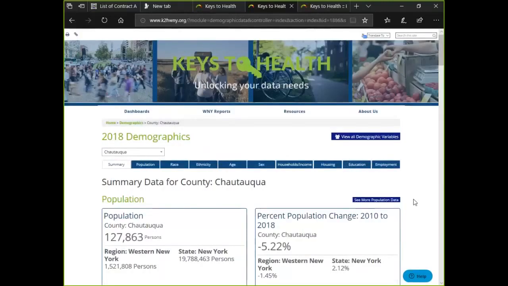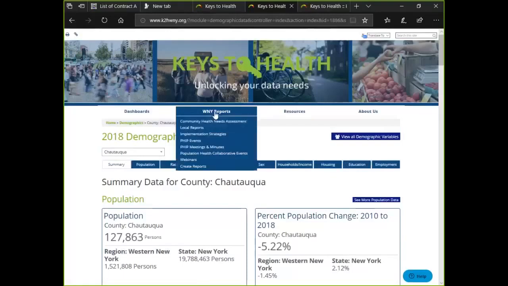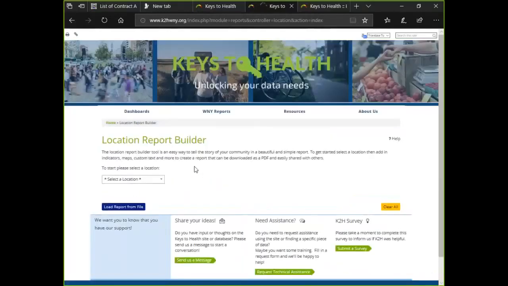And we do have that option on this site as well. So if you go into our Western New York reports section, at the bottom of the page is a create report tab or option. If you select that option,